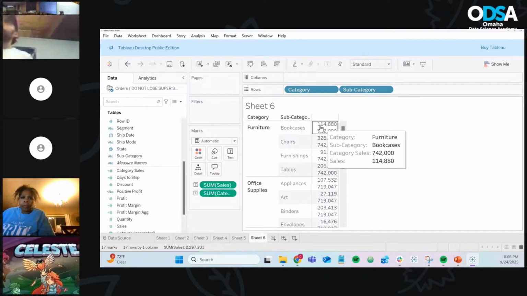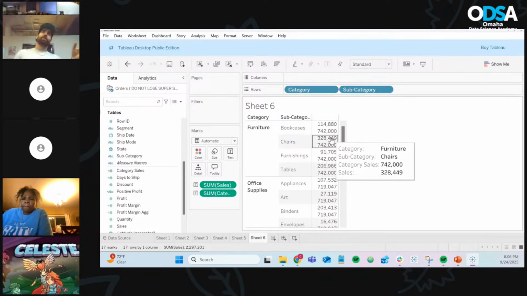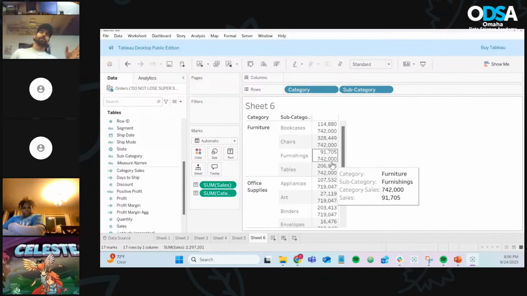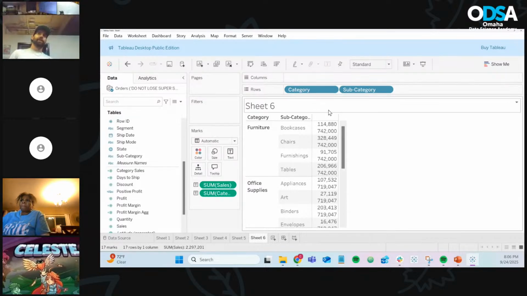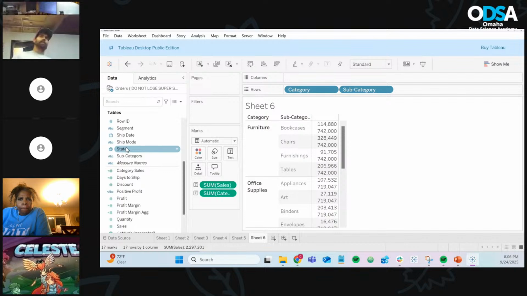So now it's completely ignoring the subcategory. Sum of sales isn't, that's a normal field. It's summing up based on the dimensions that we have up here: 114,000, 342,000, 91,000, 206,000. But our category sales is ignoring that subcategory and just saying for the category furniture, we have 742,000. It doesn't matter what our next dimension is. We could have a million different dimensions on here. We could add in